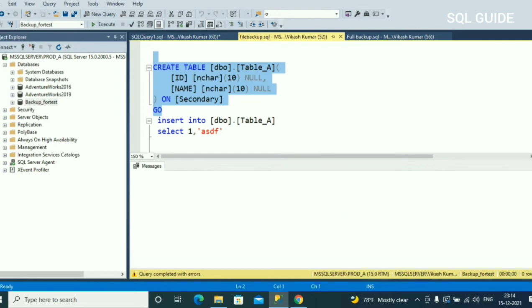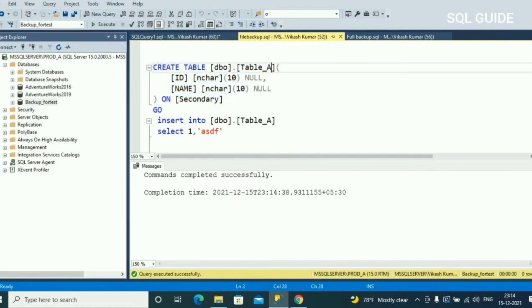Okay, run it, completed. Now create another table B. I am creating the table on the secondary file group. Okay, let's insert some data into table A.